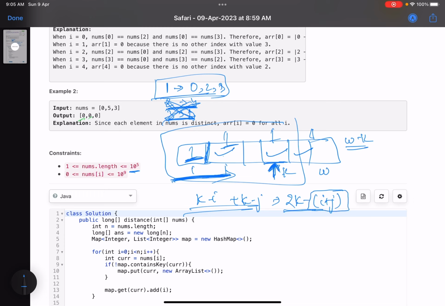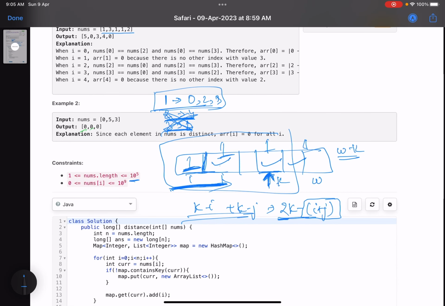So I can keep track of these indices by just taking a variable, and by keeping track of how many occurrences of the same element have come. Here I had two occurrences, so I can simply do twice into my current index, because I have to subtract the indices from this value. So 2 into k minus whatever is the total sum on the left hand side, that is i plus j.